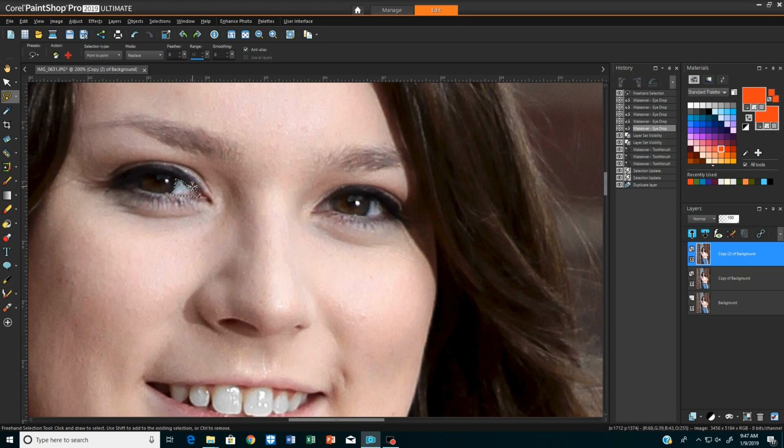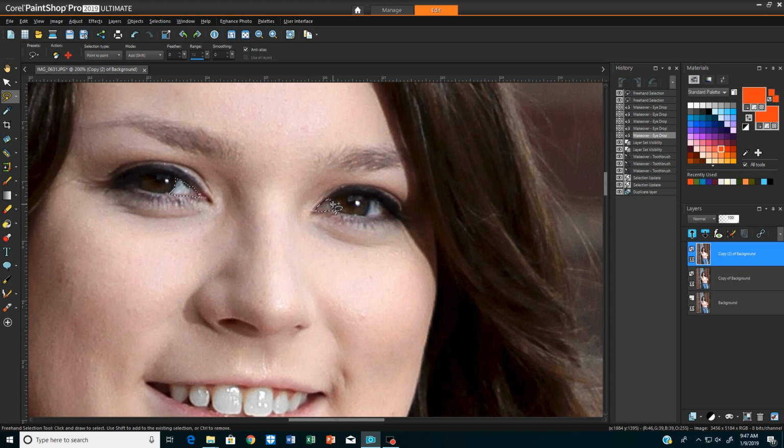Now, with your other hand, hold down the shift key. With the shift key held down, that will retain this area, and I go to the other eye. I click a starting point, and then I begin to draw. Little clicks along the way. Don't worry about being too sharp or too straight. Double click and it saves it.